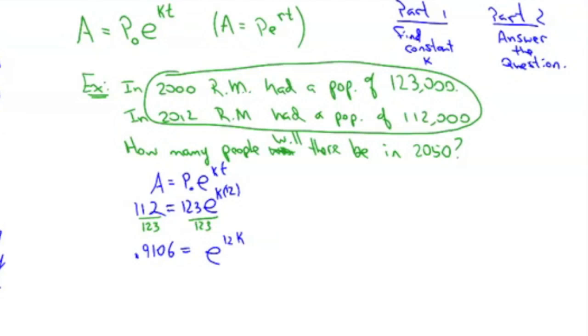Okay, 12 out in front. Well, you have to do something else first. You have to change it to ln. Take ln of both sides. So ln this side, and ln this side. What happens when the ln and e run into each other? They go poof. Don't say the word cancel, because that implies inverse identity. Poof. So this side is ln of 0.9106, equal to